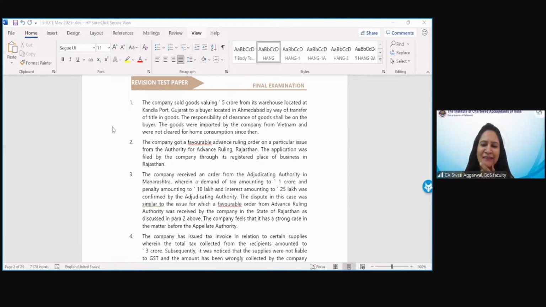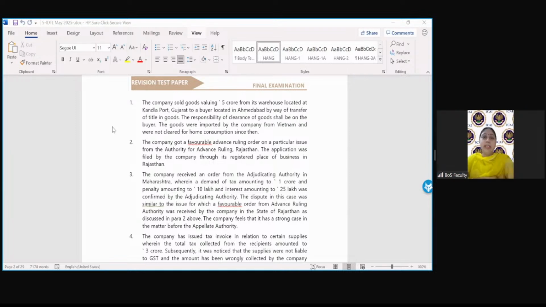Pratik, also mention your answer. You have given the answer, but please also give the brief reason for the same. Okay, you have given. This is a very important concept, actually, Swati, which is being tested here. And usually you will find such type of questions or such type of points in the descriptive questions. So this time it has been asked in the case scenario. But this point is very, very important. We generally get this point in the big compulsory question of computation of GST.